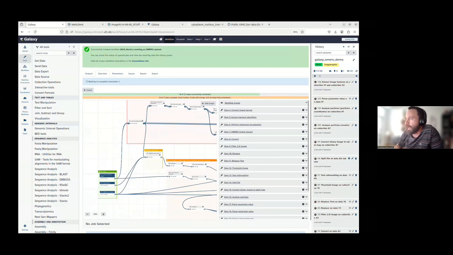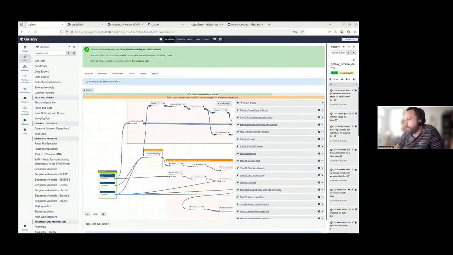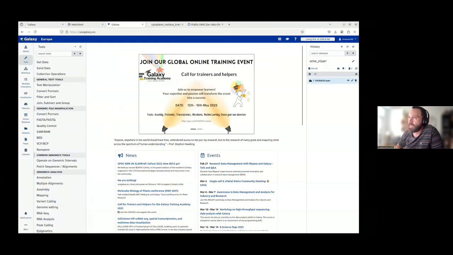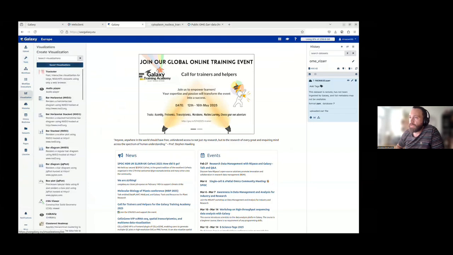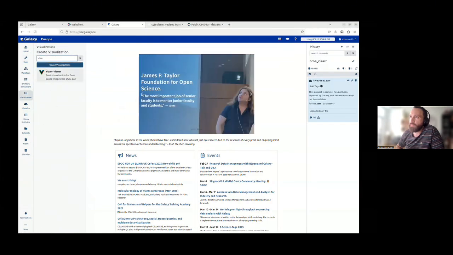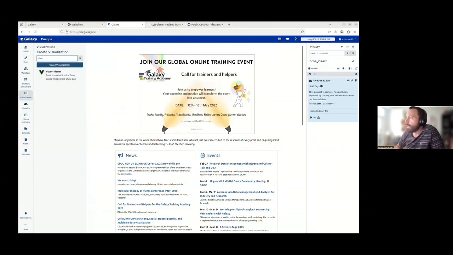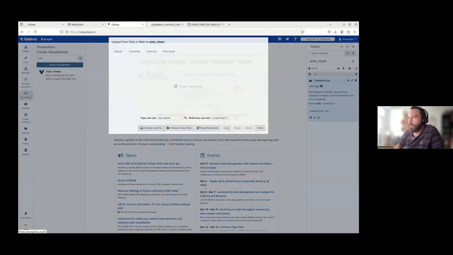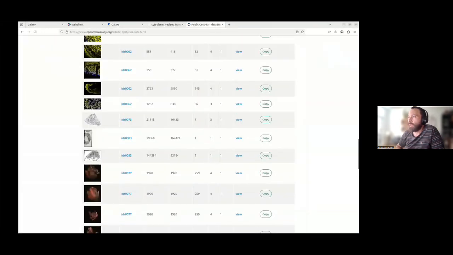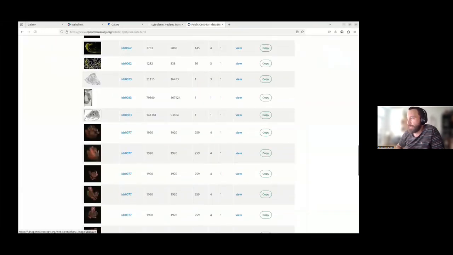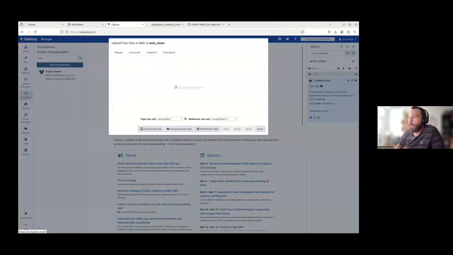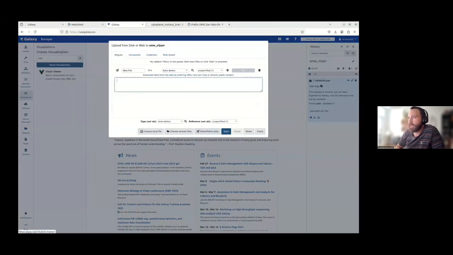This will take a bit of time, but not so long. In the meanwhile, I will show you how to visualize OME-Zarr using Galaxy. As I said, there is an interactive visualization tool called Vizarr. It allows you to visualize OME-Zarr files in Galaxy. What you need to do is take, for example, a link from public OME-Zarr data. We can take this one, IDR 0077, copy it, and then upload it by pasting or fetching remote data.